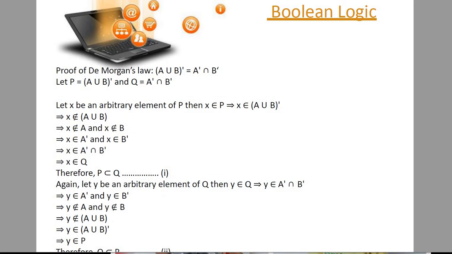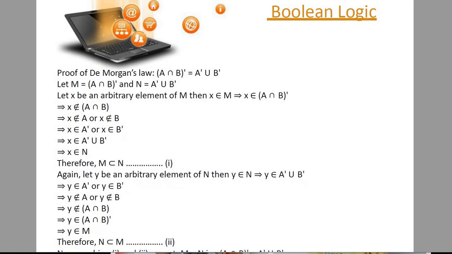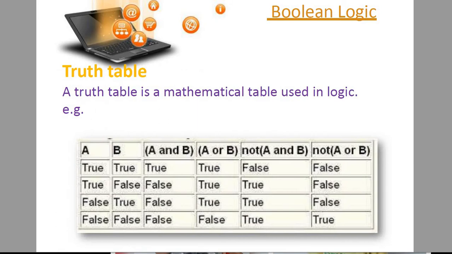And this is a proof. In yesterday's class we already did this. Now, the truth table. Learn this truth table by heart because it is very important. The rules of Boolean algebra I am repeating again and again. Learn these things, and they will work when you solve the questions. Learn the AND gate truth table, the OR gate truth table, the NOT gate truth table.